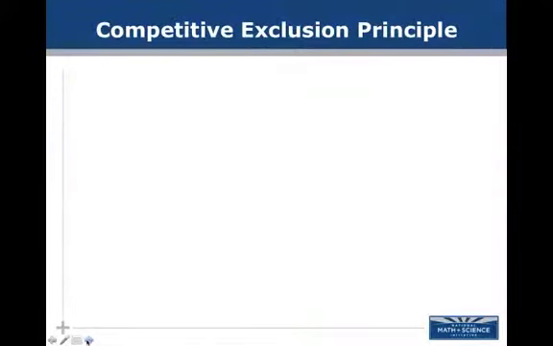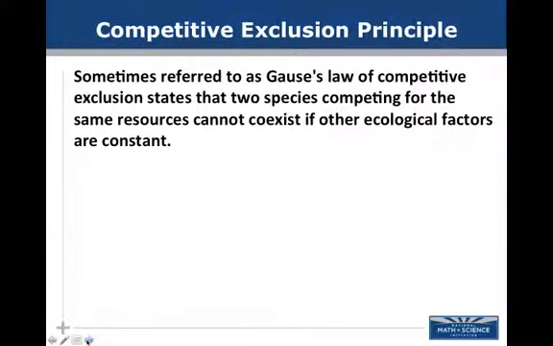So let's talk about the competitive exclusion principle. The competitive exclusion principle is sometimes referred to as Gause's law, which is a proposition that states that two species competing for the same resources cannot coexist if other ecological factors are constant. So when one species has even the slightest advantage or edge over the other species, it will dominate